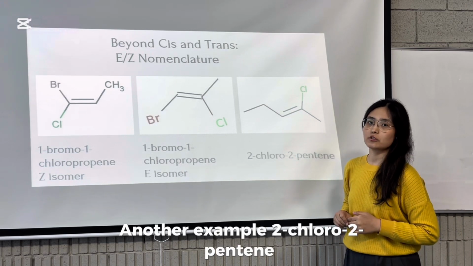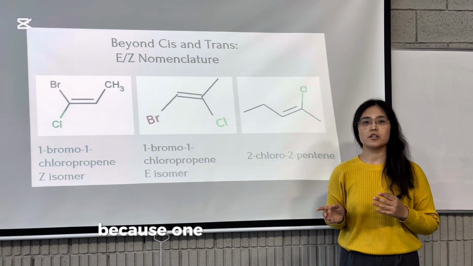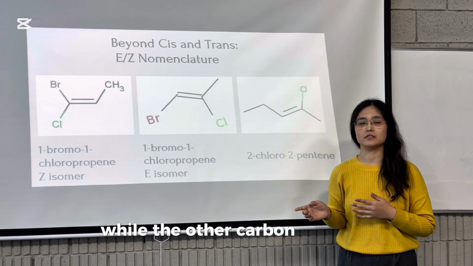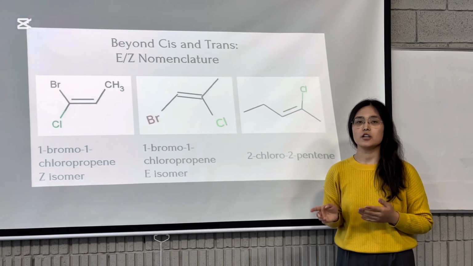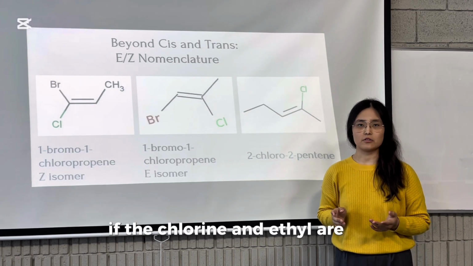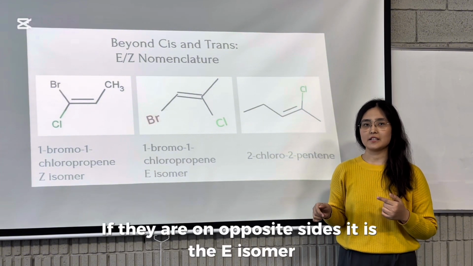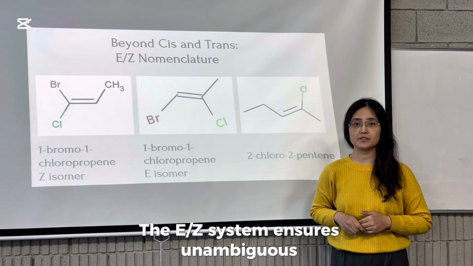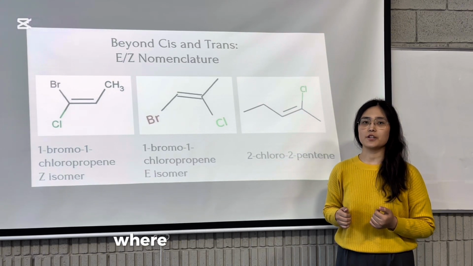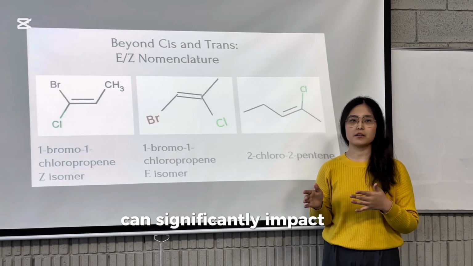Another example, 2-chloro-2-pentene. Here we cannot use cis-trans because one carbon of the double bond has a chlorine and a methyl group, while the other carbon has an ethyl group and hydrogen. Using E-Z, we assign priorities. If the chlorine and ethyl are on the same side, it's the Z isomer. If they are on opposite sides, it's the E isomer. The E-Z system ensures unambiguous communication of stereochemistry, which is crucial in organic design, where even subtle differences in spatial arrangement can significantly impact the molecular properties